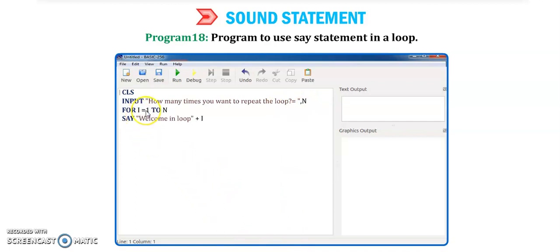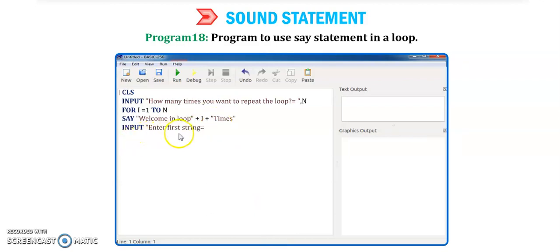So I equal to 1 to n, for loop. n is whatever value you have given. Suppose we give 10, then this loop will continue till 10. The say statement will come in the loop and make a sound with this message 10 times, then plus I plus times.